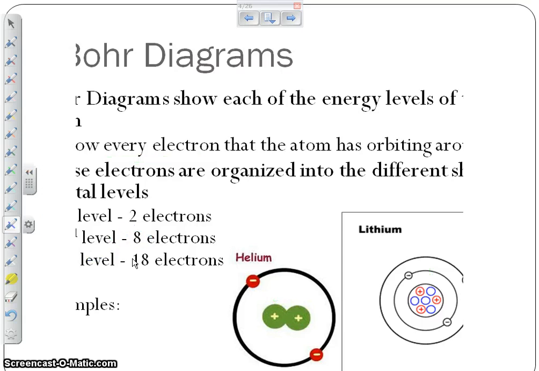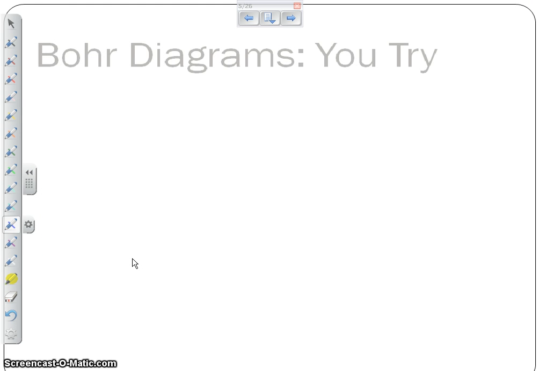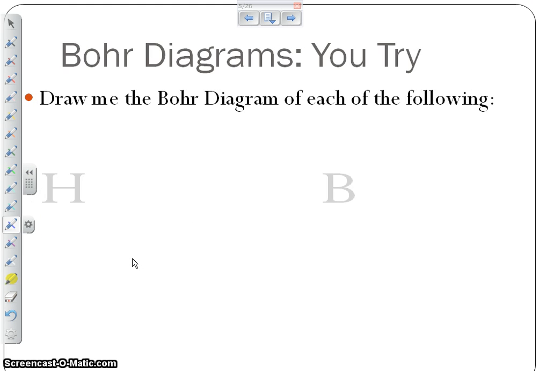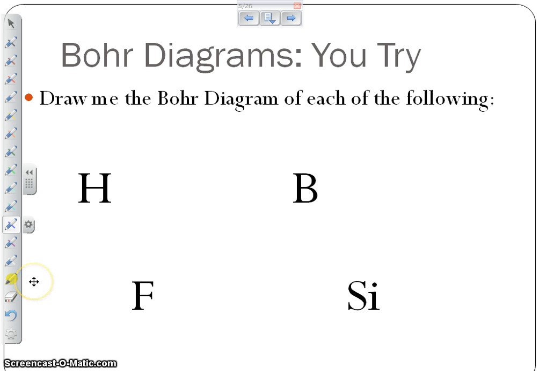Okay? So what we need to do is take a little practice here. See if you can go through and figure out the Bohr diagrams for these following atoms. So go ahead and give it a pause and see what you can come up with. So taking a stab at hydrogen, we'll go through and we know that we've only got 1 electron, so there's